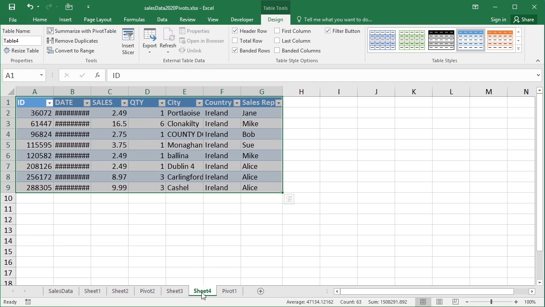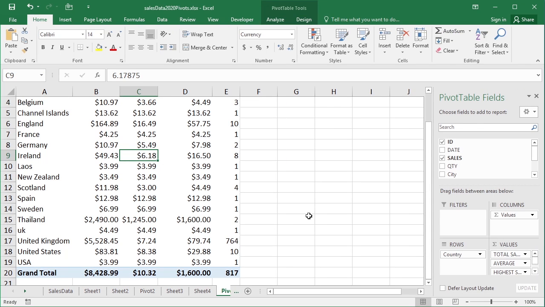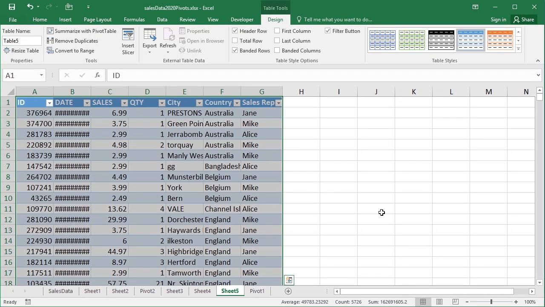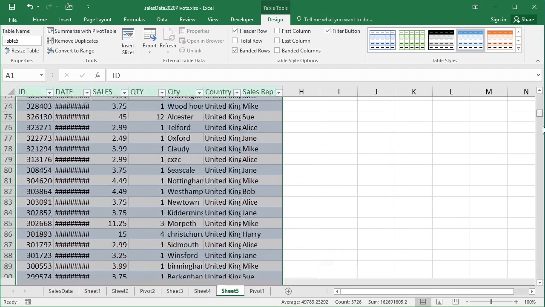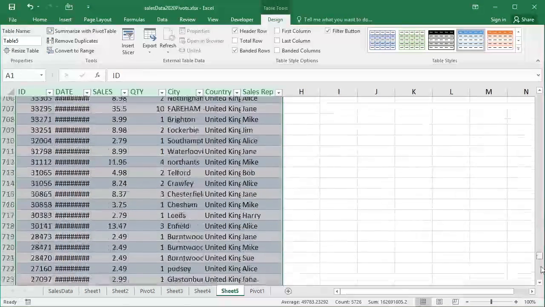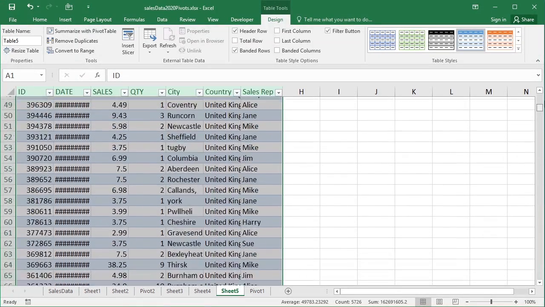And this goes for any number. So it's any number within the data area and any number in the summary. If I were to double click the total here, I get an extraction. Well, because I've double clicked the total, my extracted data is actually exactly the same as my raw data.